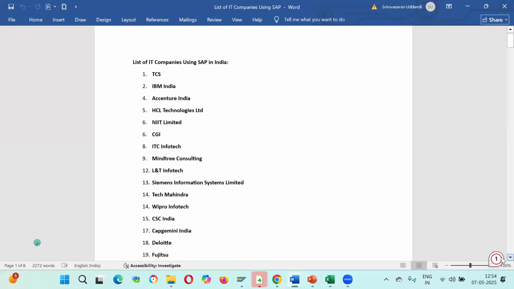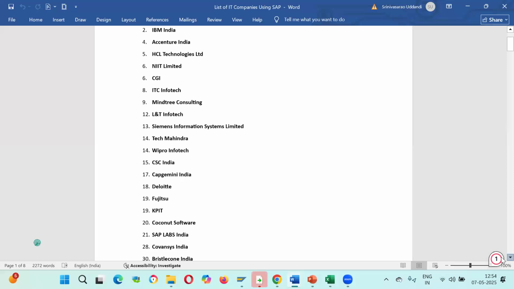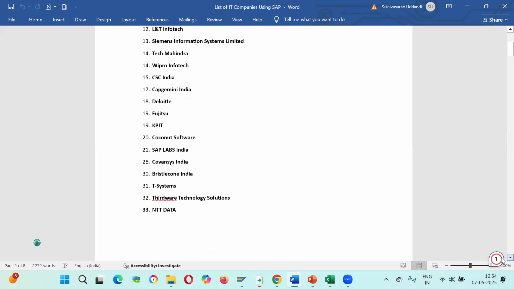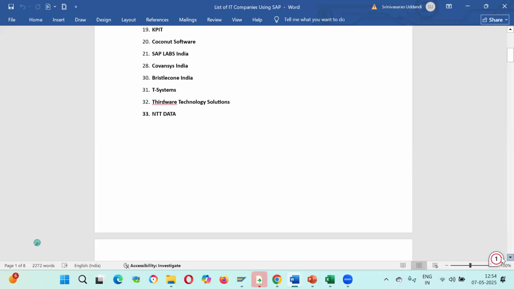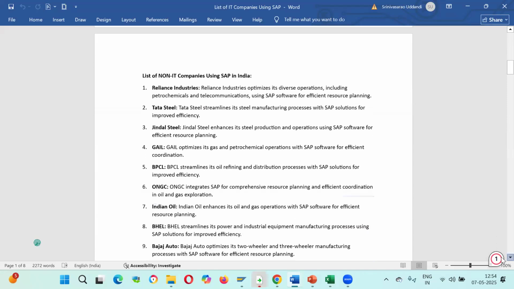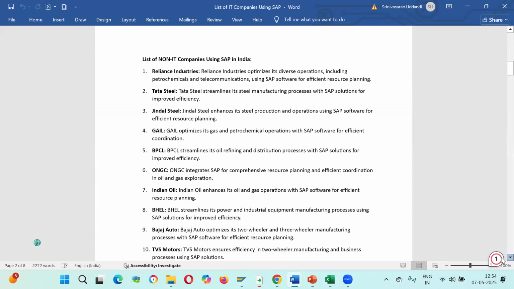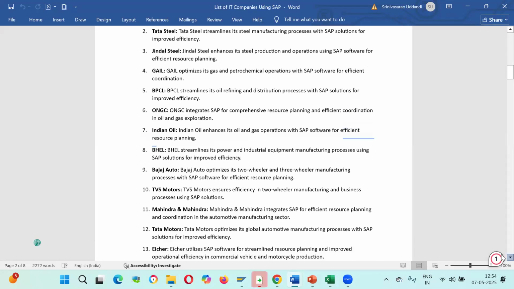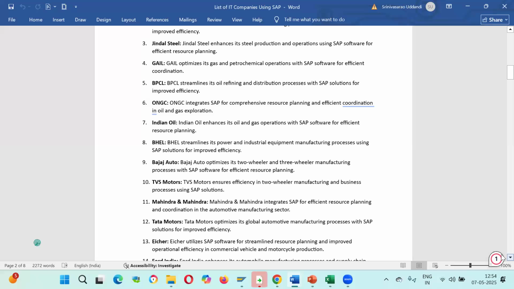There are so many companies out there. These are all SAP IT companies. These are the non-IT companies, who are already using SAP. These are product-based companies like Reliance, Tata Steel, Jindal, Gail. There are so many companies, so we have a lot of opportunity in the market.